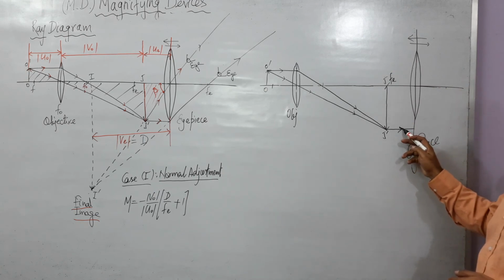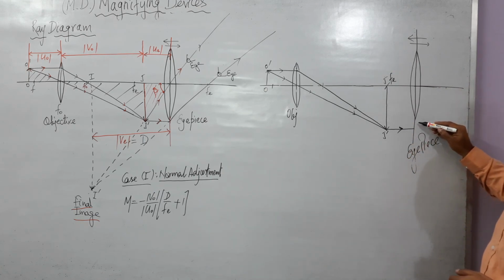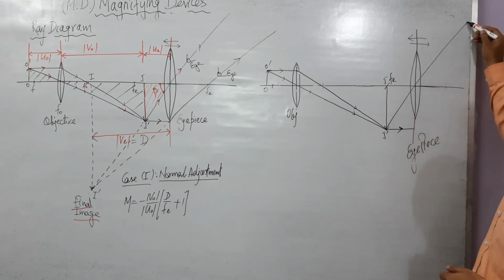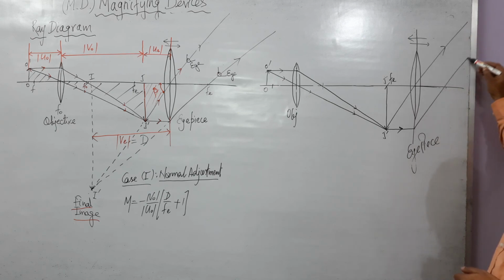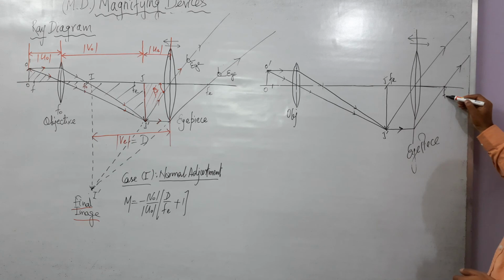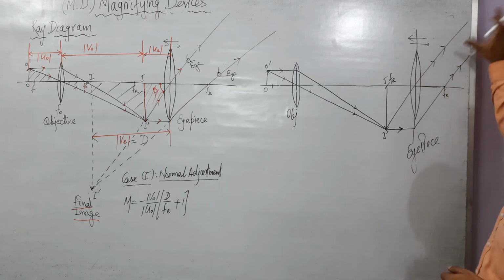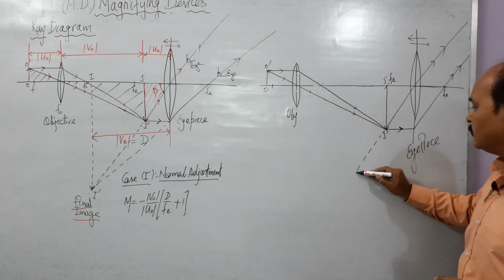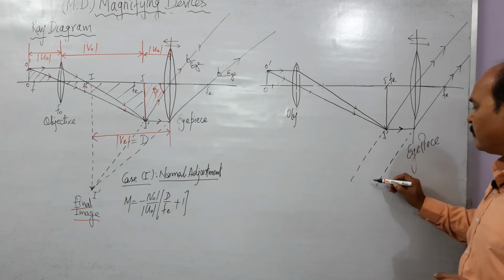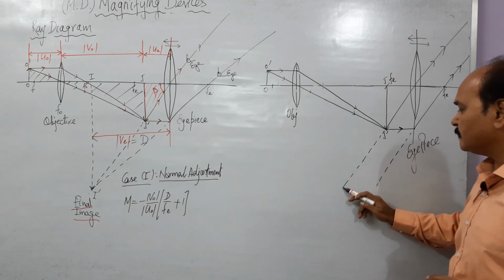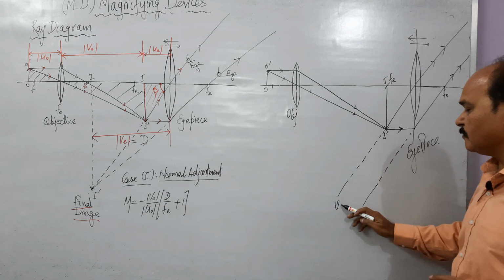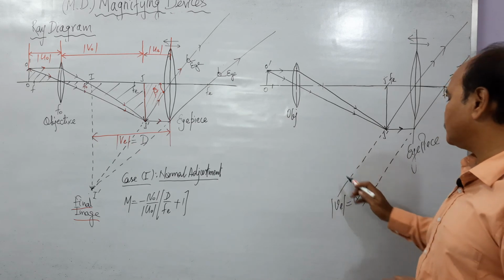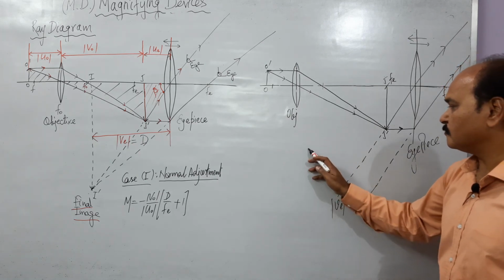So this is the incident ray parallel to the principal axis, and this ray passes through the focus, and the other ray which passes through the optical center moves without any deviation. You can see both these rays are parallel and they would never meet on this side. So when these rays are extrapolated, parallel rays meet where? At infinity. So you just write v is equal to infinity. This is the formation of image in case 2.